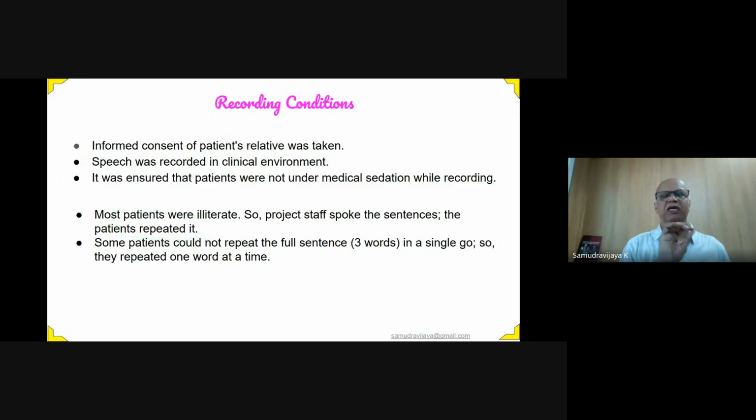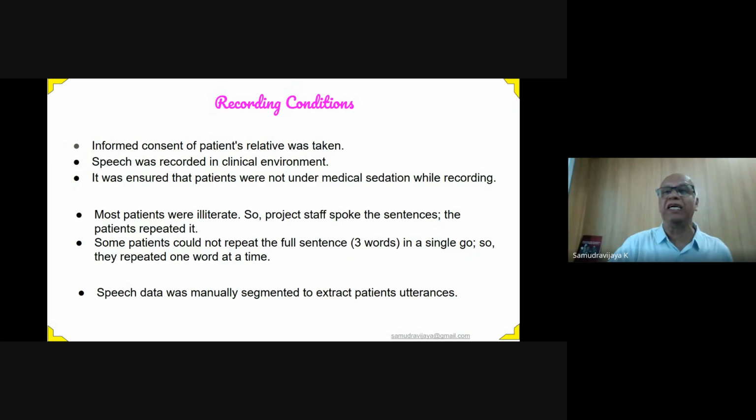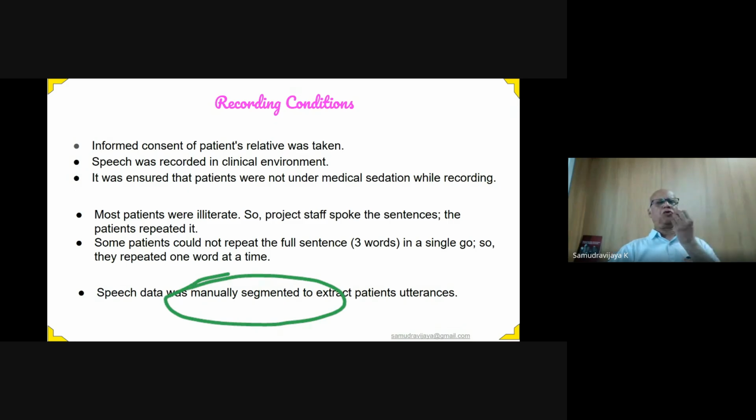Start the recording. The scholar reads the first sentence. The person repeats it. Then the project staff reads the second sentence, then the person repeats it, and so on. So everything is recorded in a single audio file. When all the recording is over, recording was stopped, and then each of the words spoken by each person was manually segmented